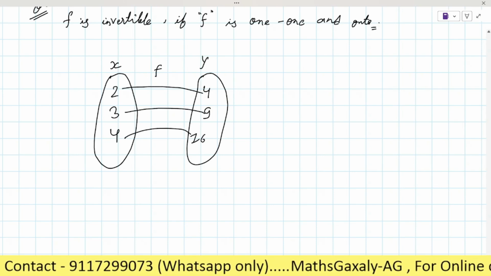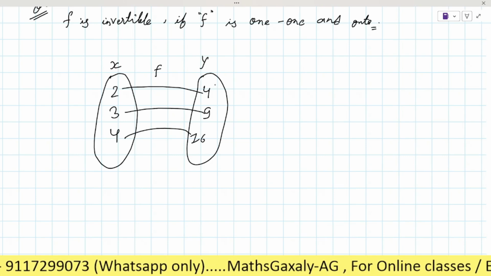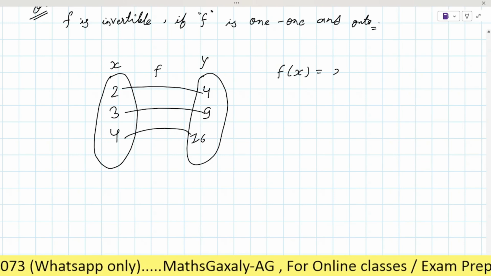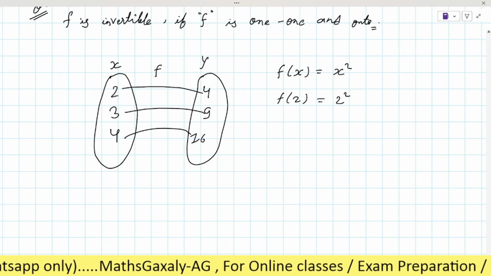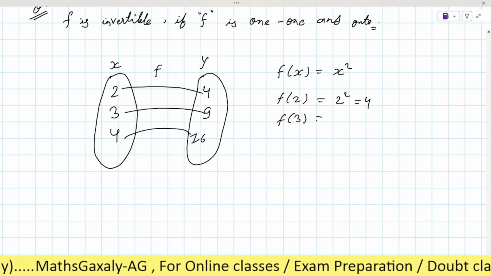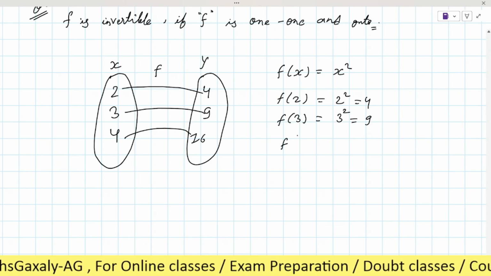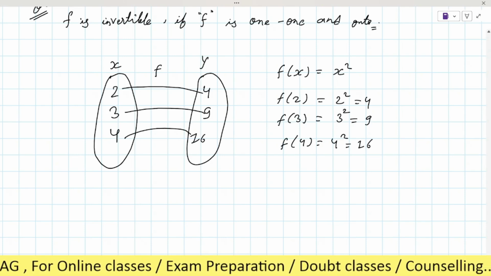How? This is the square. When you put x, you get x square. When you put 2, you get 2 square, that is 4. When you put 3, you get 3 square, that is 9. When you put 4, you get 4 square, that is 16.